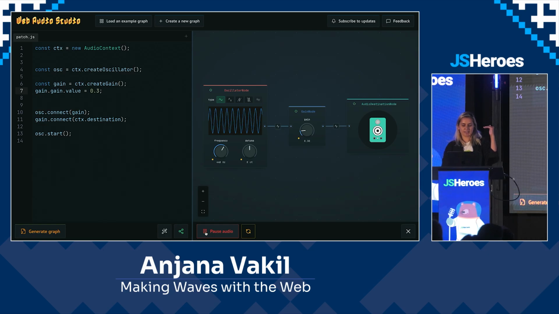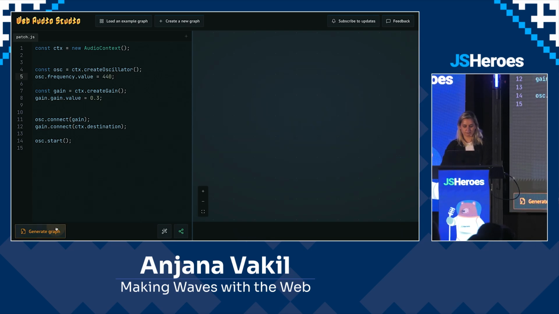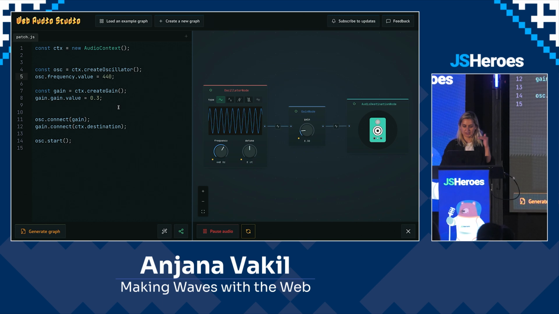What we're hearing is the frequency 440 hertz, which essentially corresponds to an A note. I want to say A4. The musicians can correct me. So essentially, by default, this is what's called the frequency, which has a value for the oscillator. And right now, it's 440, which we hear as an A note of A4.